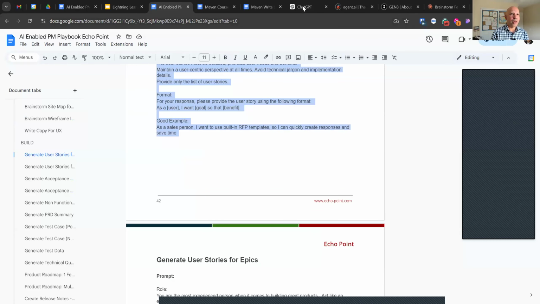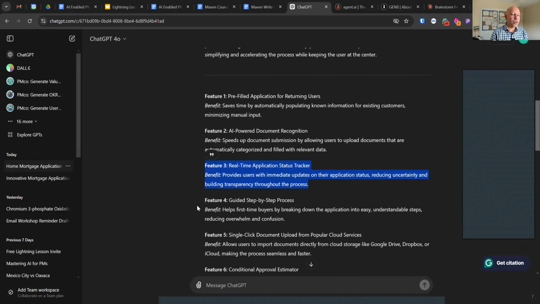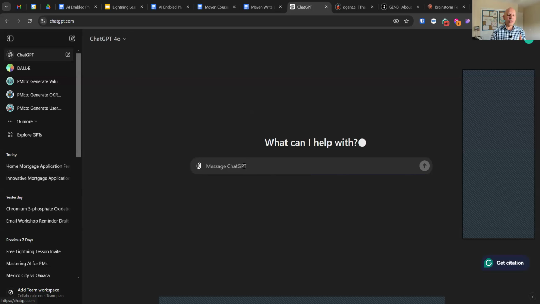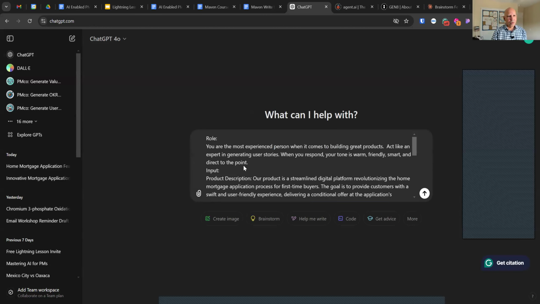You copy it, you go down to ChatGPT. Now you start this in a new window. And the reason to do a new window is because you don't want the original 20 ideas corrupting the information or giving you responses for user stories. You put it in,